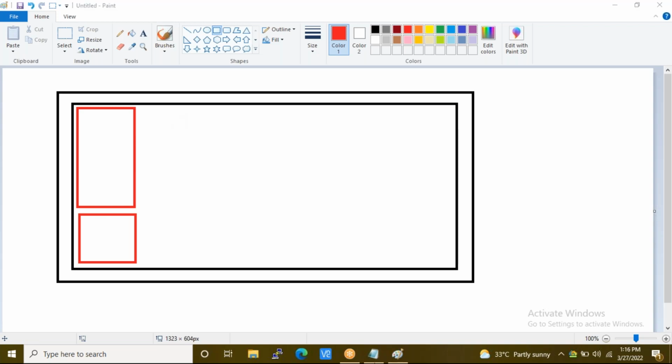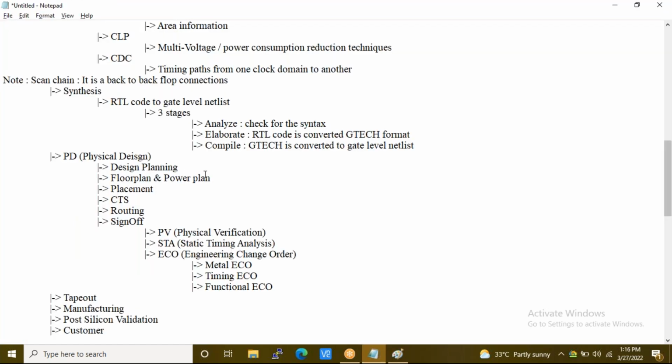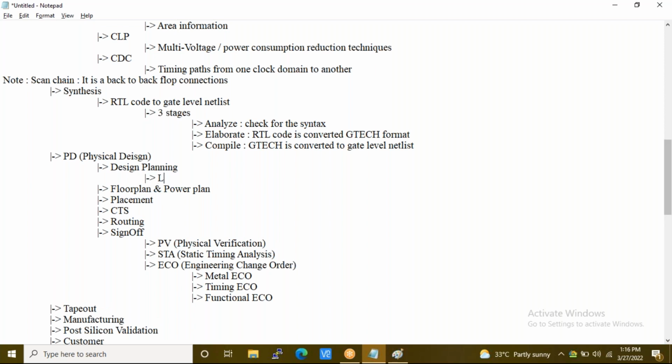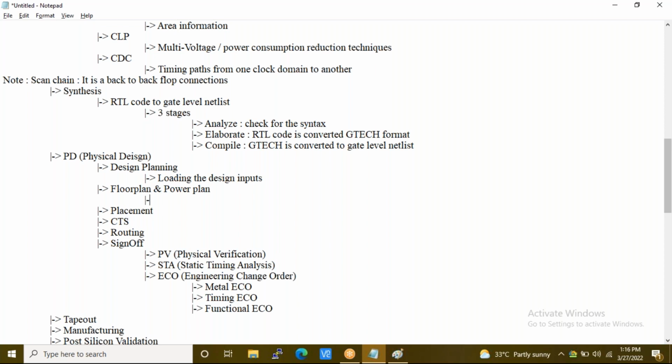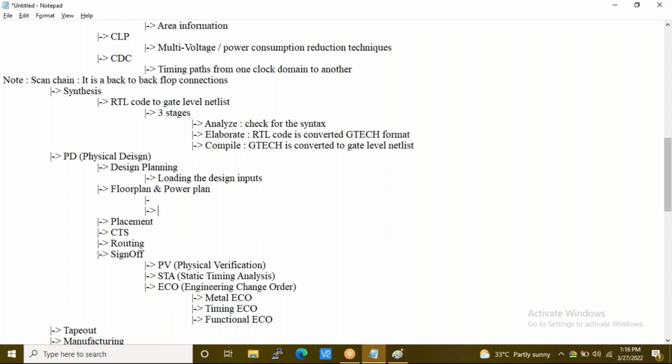So I'll go back here. Design planning is loading the design inputs, loading all the required inputs into your block. Next is power floor plan, where we create the core and die area and place the macros, the bigger blocks.